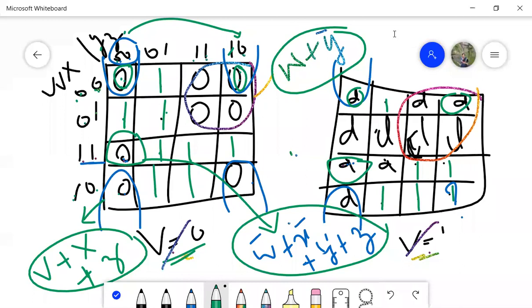Then what did we do? If they ask us to solve and give the expression in max term format, I have to solve for zeros. If they ask us to solve and give the expression in min term format, but the question is in max term format, pi, it is in terms of pi, but I want the answer in summation, that means then I have to write ones. Remaining K map, I have to fill it with ones. Then I have to solve these ones. So solving these ones is easy, right?